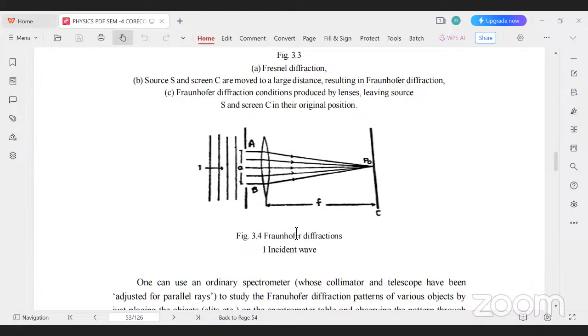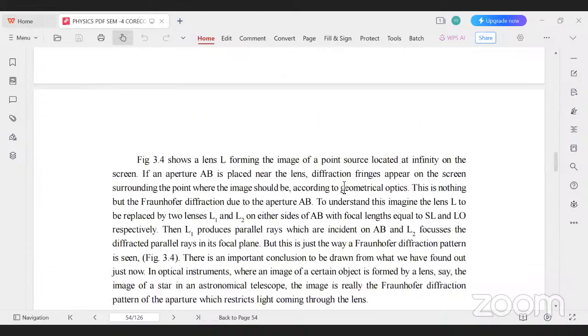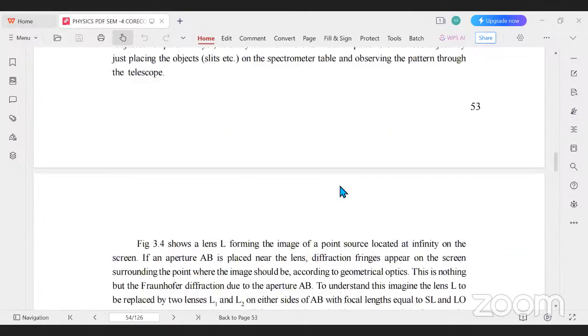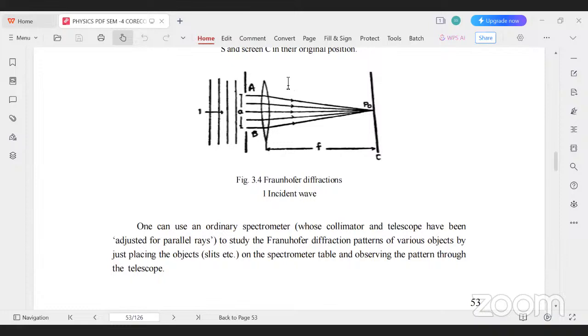So this should be done as a calculation to find out. That calculation part was explained here, the Fresnel and Fraunhofer diffraction mathematical approach. So how can this be calculated? For this distance, they are able to calculate. For example, if they take this as an experiment, they are able to calculate. The calculation part is very important for physics because we are going to assume it in the theoretical part, so definitely we need to do the mathematical calculation. I'm taking this as a small piece, I can fix a lens and I can calculate this manually.